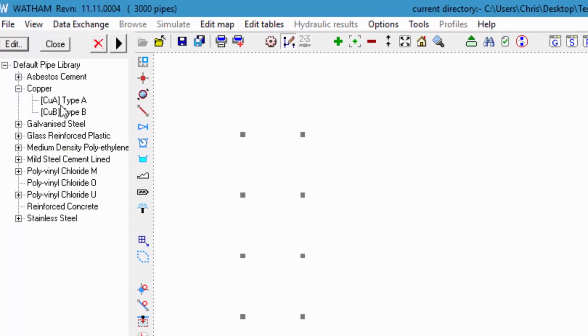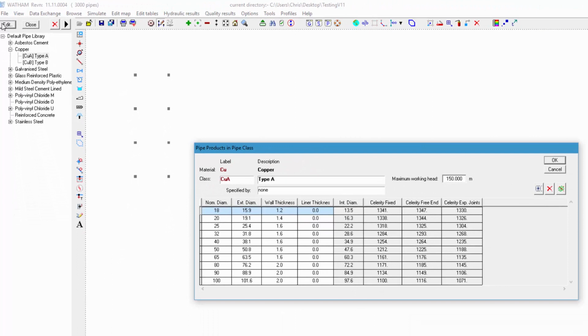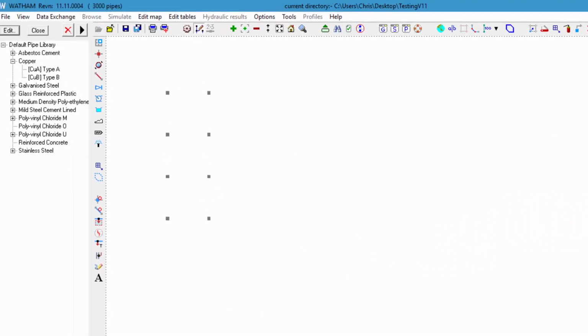If I select a pipe class and click the Edit button, I'm able to specify the nominal pipe diameters available within this pressure class and define each pipe size's parameters. Closing the pipe library